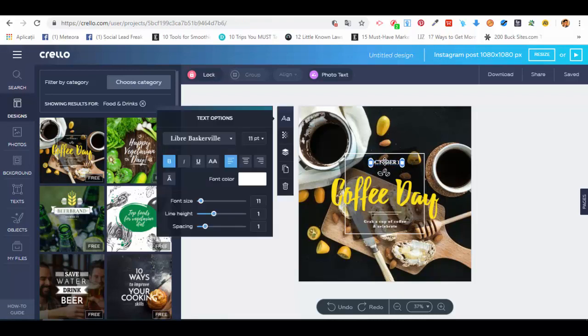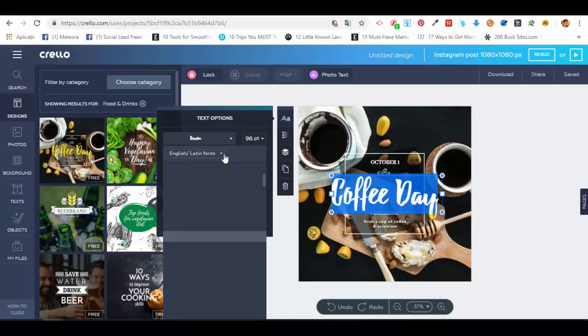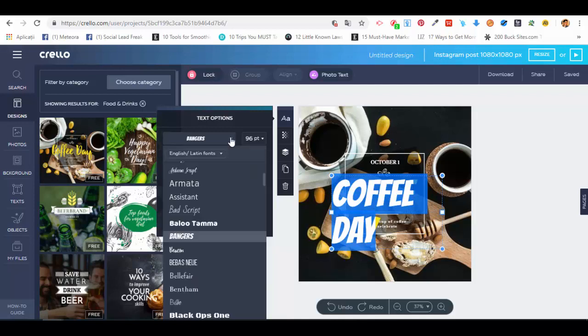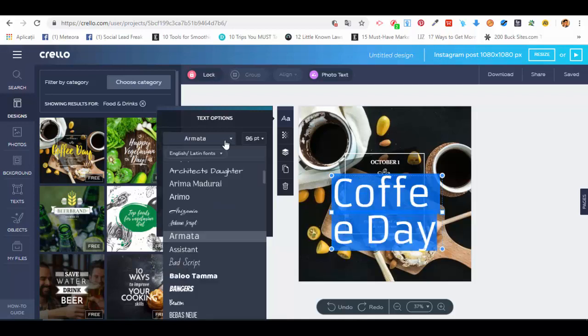So it's pretty simple to edit it. We can select Coffee Day, we can select the whole text, and you'll see that the options for the text will open in this area here. Okay, so we'll have different options for the text. For example, the main text options, we can choose a different font. We have different types of fonts here, Bangers for example, or Armata, or